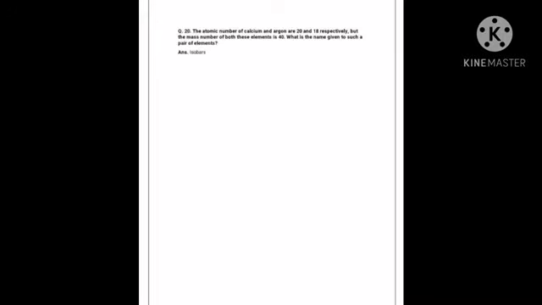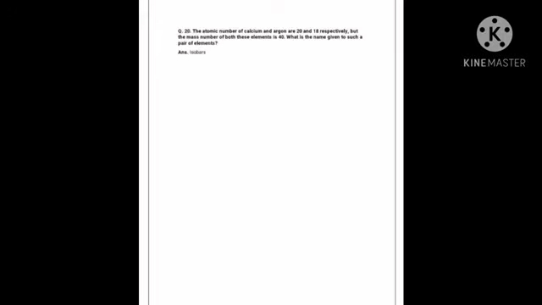So your answer will be option number 1. Then the next question is, out of elements X and Y, which is chemically more reactive and why? So to find out the chemical reactivity, what should it be? Less stable, right? Means we know that stability and reactivity are opposite to each other, right? So in this case you have to write the electronic configuration for both X and Y, right?